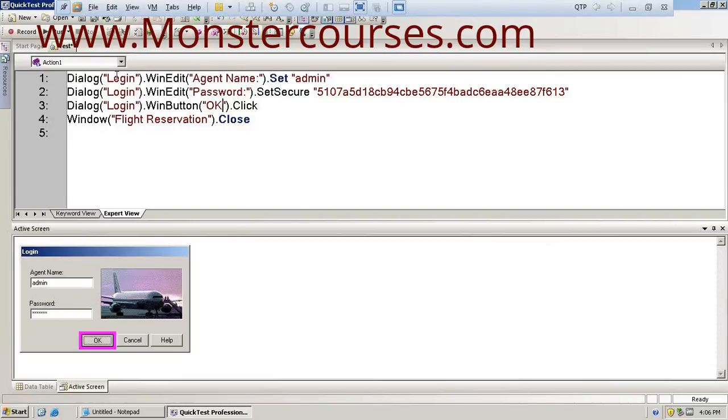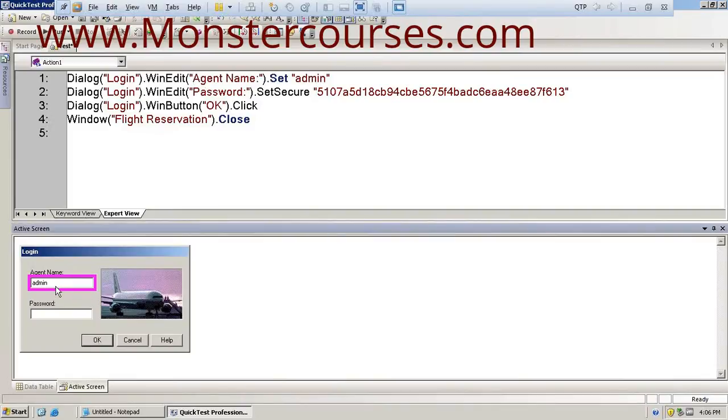Now first we'll understand how the script is getting generated. What I did initially after launching the application, I entered the value as admin. Now the tool should record this action. But before recording this action, first the tool should identify what this object is: either a text box or a button or a radio button or a checkbox or any kind of object.